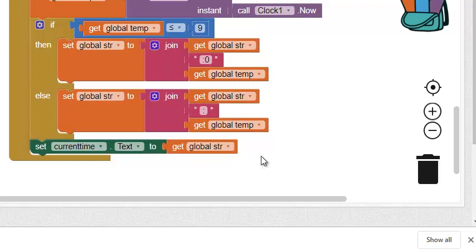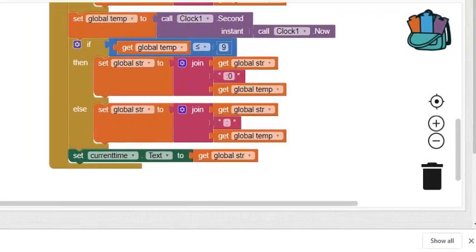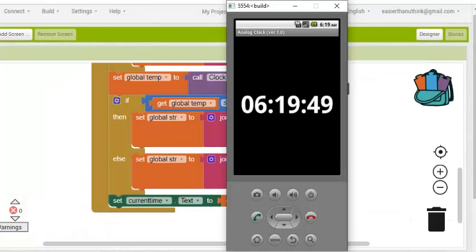And that's it. So we can now go and check the result. You can see that hour, minute, and the second. Now everything changed to the new